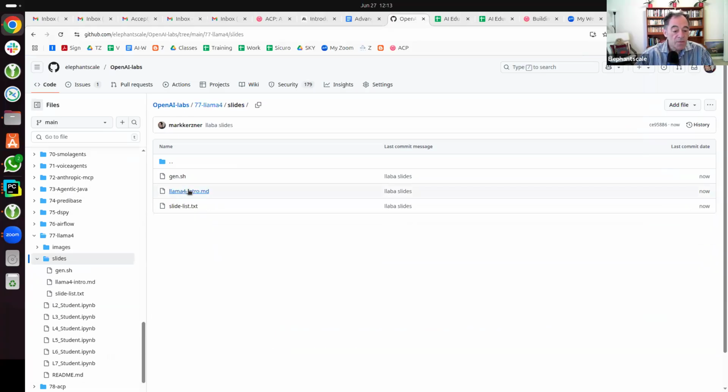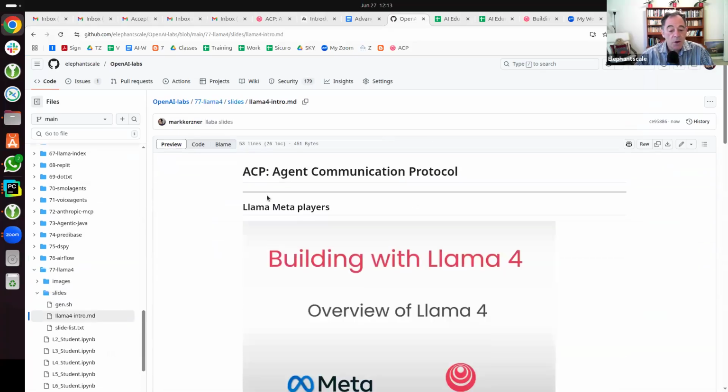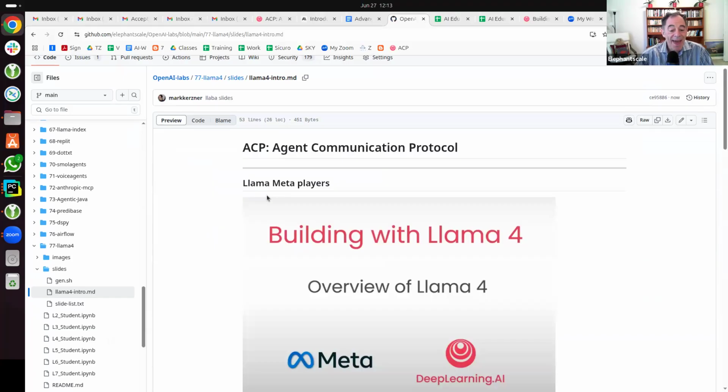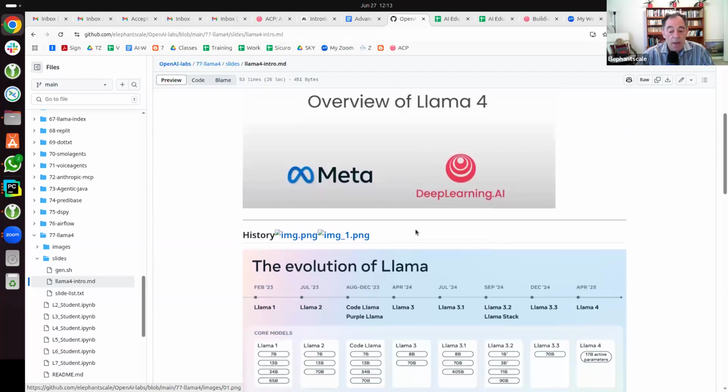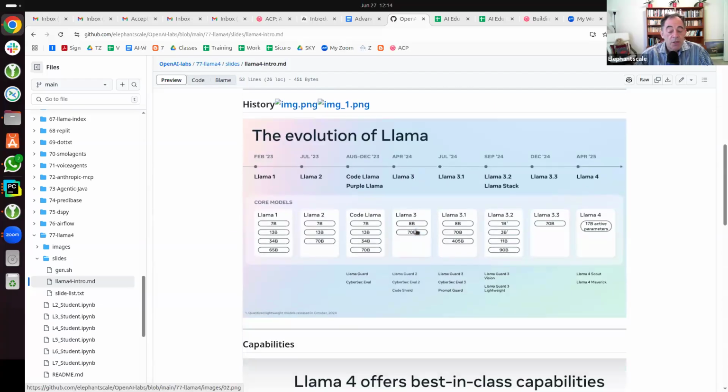I will only show you the very beginning. So who is going to be the actor in that whole story? It will be Llama 4 run by Meta, together with DeepLearning. So what they advertise here is we have a long story. And what was the claim to fame? And I'm waiting for everybody's comments, because that's why we're here. The claim to fame was we're one of the rare breed of